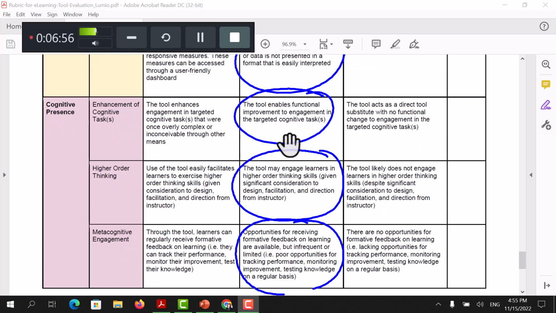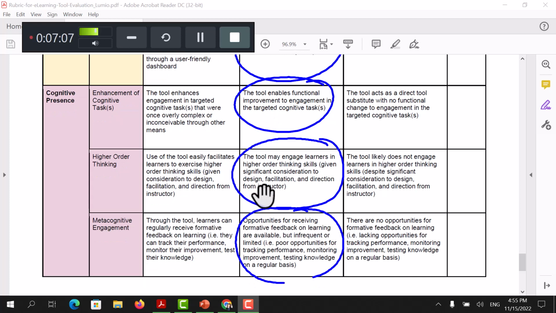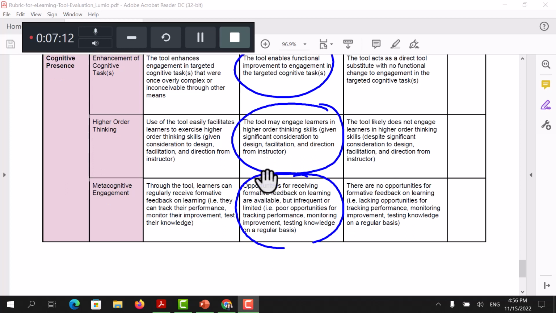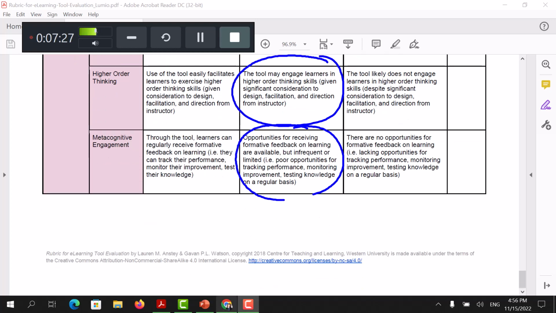And cognitive presence, in the middle. I think the tool enables functional improvement to engagement in targeted cognitive tasks. So it does help in some ways from my experimentation, and same for higher order thinking, and same for metacognitive engagement. But depending on what you're doing with it, it could be closer to this. It really depends on the kind of activities that you're developing. So overall,